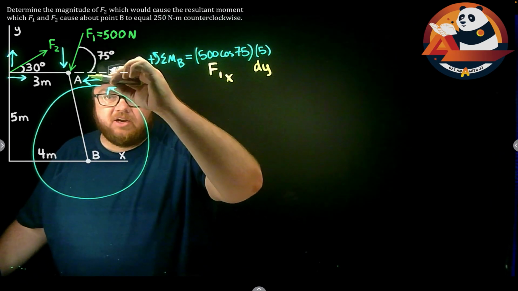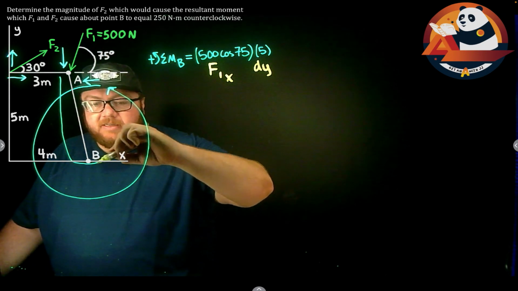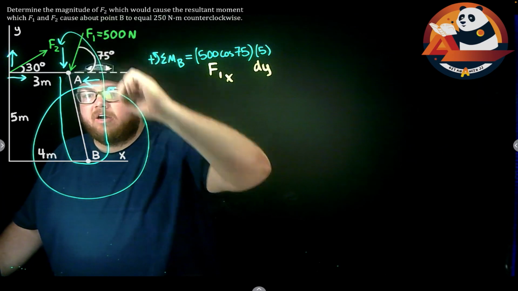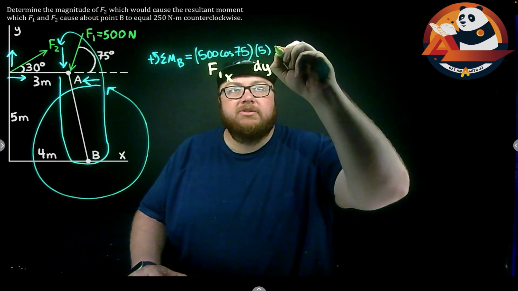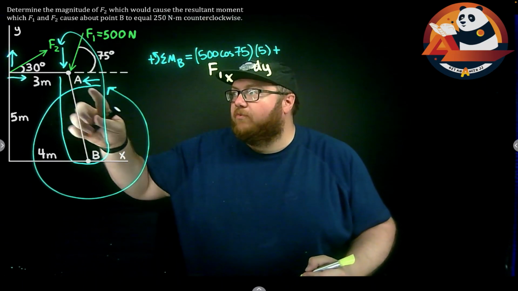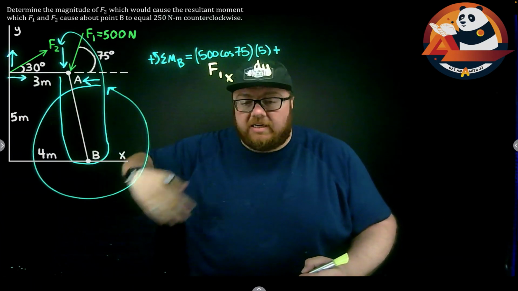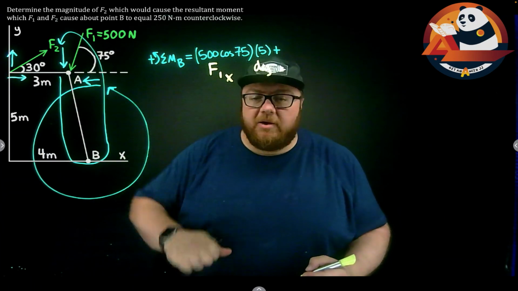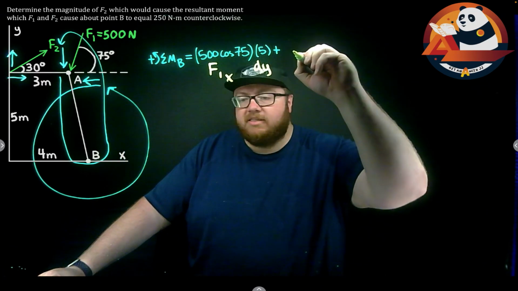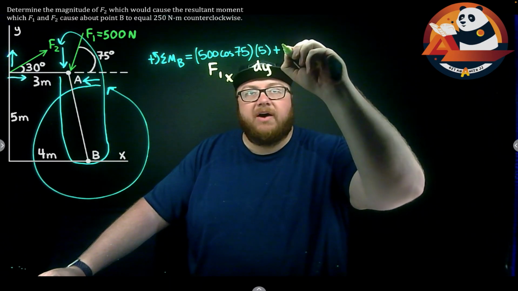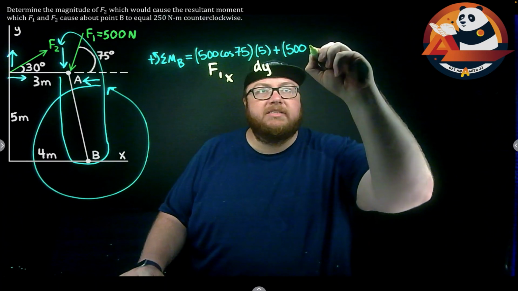Then we can check our y component for this. That y component goes down here. If I make my circle, dropping down, we go counterclockwise around B. So this one will also show up as positive. So plus F1y's moment. Again, even though the y component's negative, it's causing a counterclockwise rotation. We assumed that was positive, so we put it in as a positive. This F1y would be 500 times the sine of our angle, sine 75,